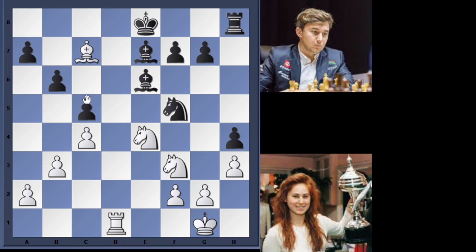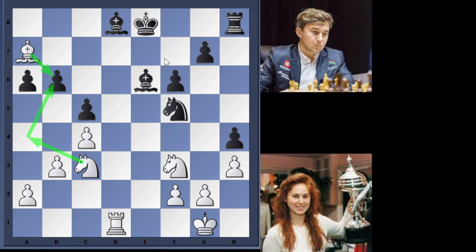However, Karjakin played f6, and now after bishop b8, there's no adequate way to protect these weak pawns. So a6, then bishop a7. And remember what I told you about this bishop being on d8, protecting the pawn. Bishop d8, knight c3. And perhaps Karjakin overlooked this idea, which has the